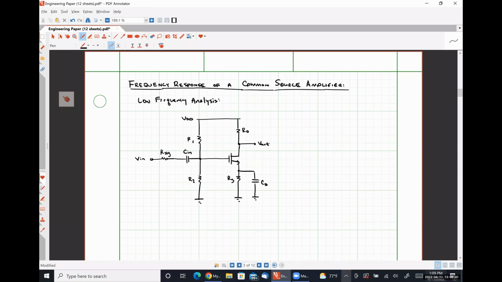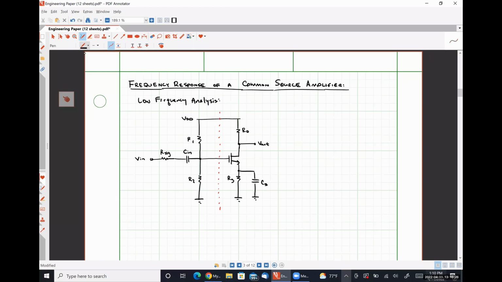So the first thing I'm going to do is disconnect, effectively, everything to the left of that dashed line, and we are going to replace it with its frequency domain Thevenin equivalent circuit. Okay. So recognizing that VDD is an AC ground,